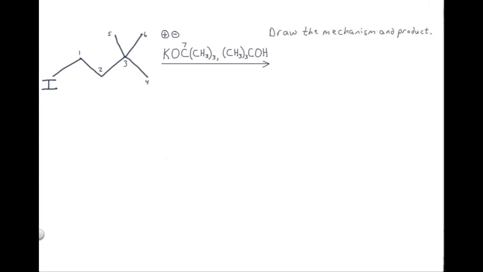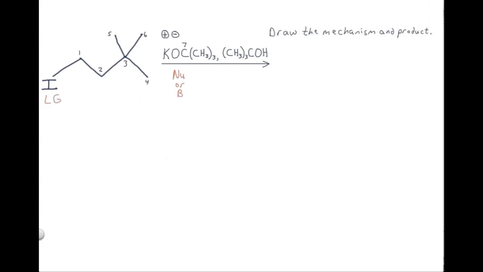Now we can start assigning some roles. Well, we should focus especially on the atom with the formal charge. When we see a negative formal charge, we expect that atom to be a nucleophile or a base, but we don't know which one yet. Now, we do not expect the positive potassium to participate in the reaction. Remember that when you see a metal with a positive formal charge, like sodium or potassium, that's probably an unreactive spectator. So this will not participate in the reaction, but we do know that neutral iodide is a good leaving group,